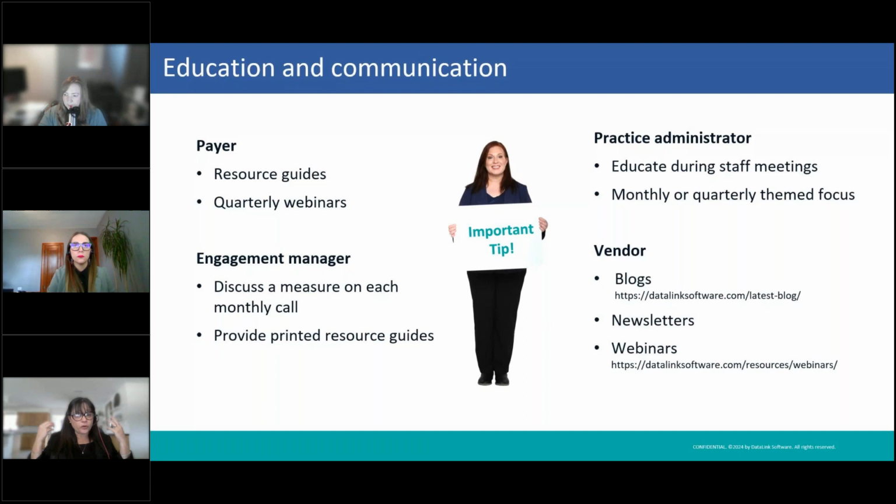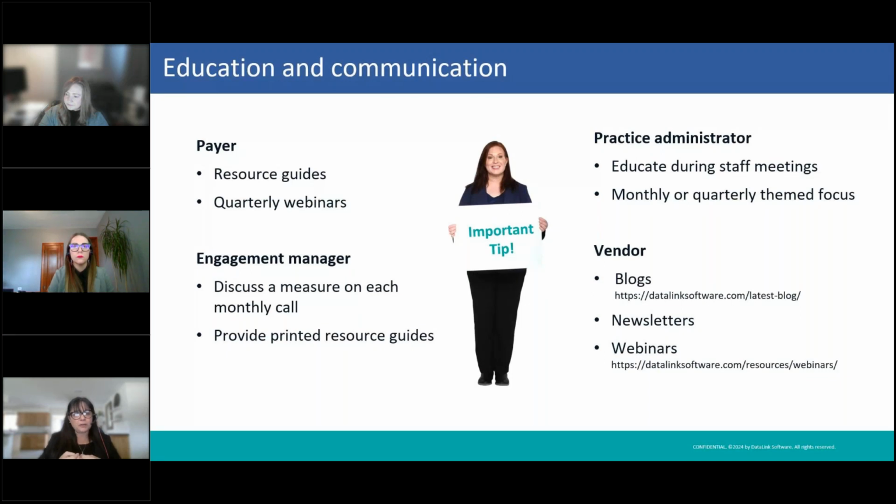So if you're a payer, think about creating a complete resource guide and making it available for them online. Also, think about providing quarterly webinars. There is so much turnover usually in doctors' offices, of course, and in the health industry as a whole. So providing that continuous education will ensure that those that need to do the work know the information in order to carry it out.